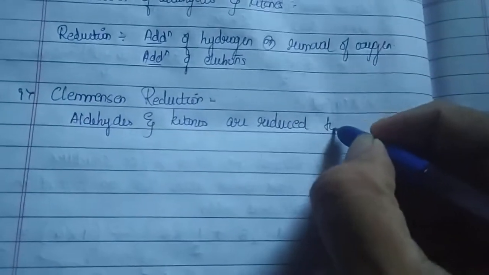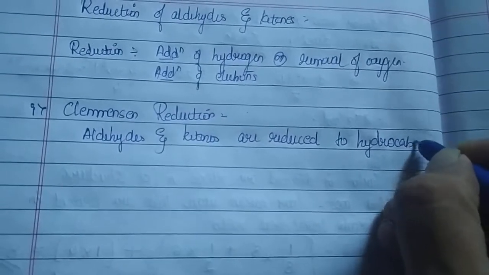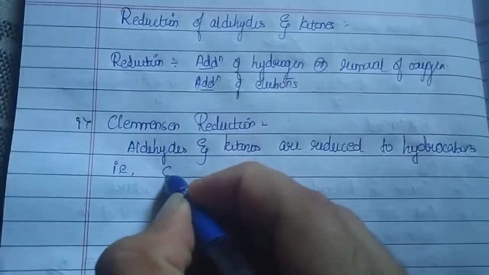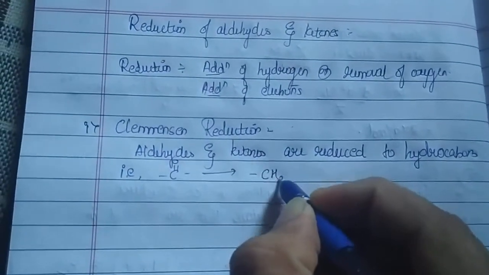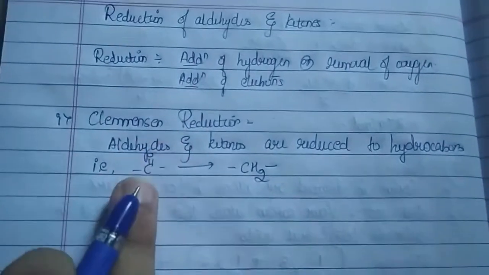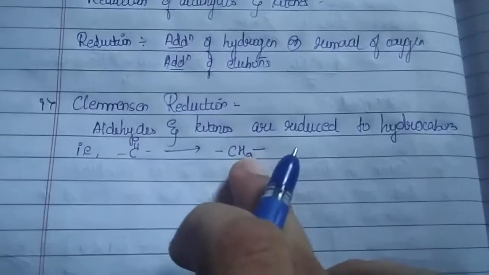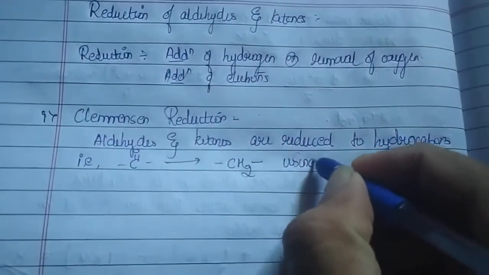Please mark my words, are reduced to hydrocarbons. That is, the C double bond O group has been converted to a CH2 group. Remember, using a reducing agent,